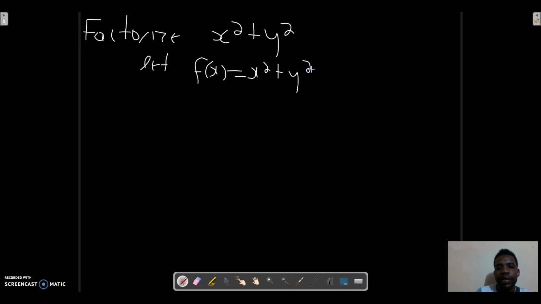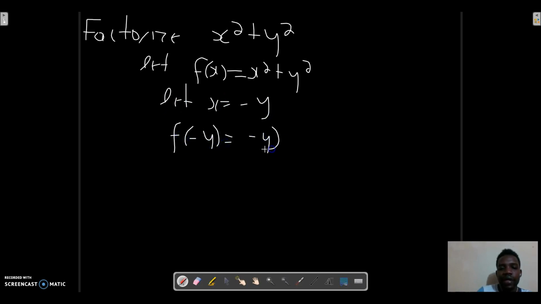Now I need to let x be something so that when I put it into this expression, I'm going to get 0 so that we can determine what that factor is. If we let x equal negative y, I'm going to have f of negative y equal to negative y squared plus y squared. So this is going to give me y squared plus y squared,